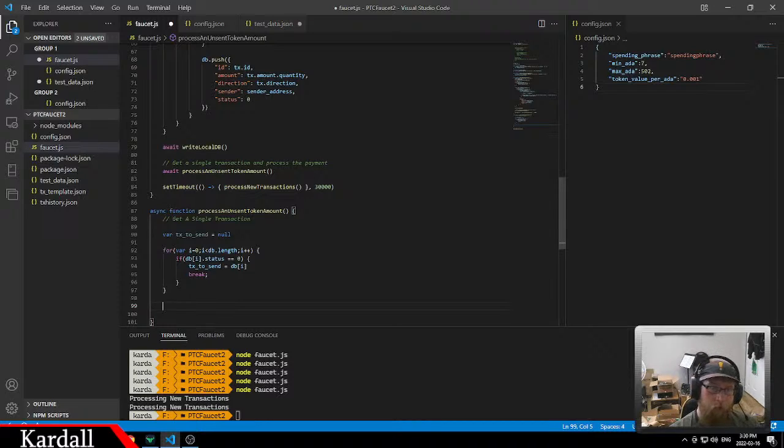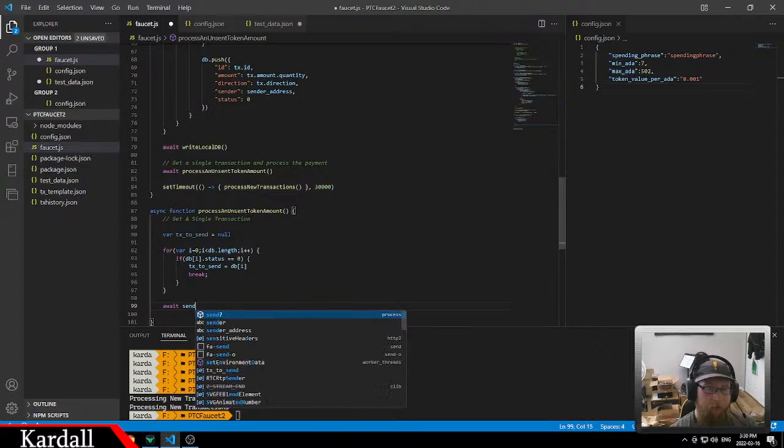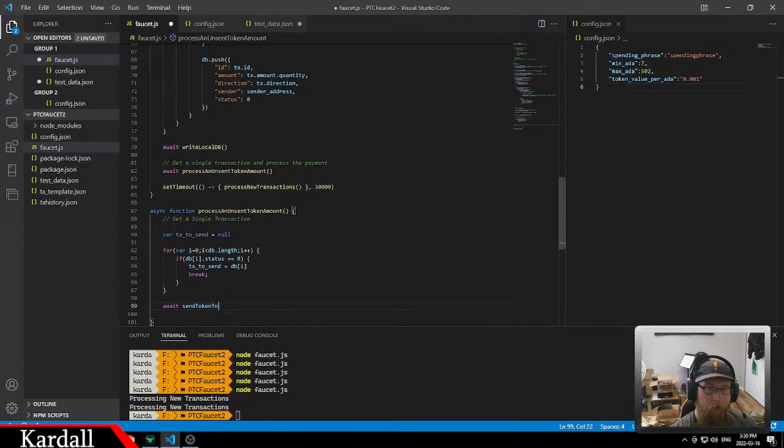So that's my transaction. Okay, I got an idea. So we're going to await send token to address tx, and